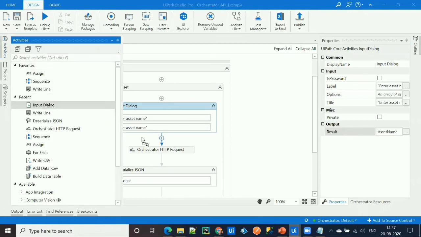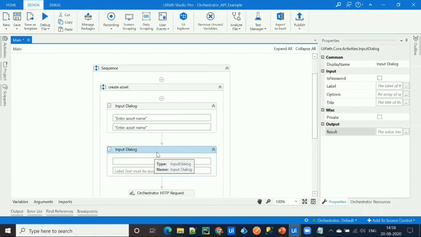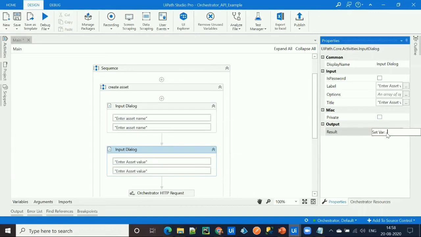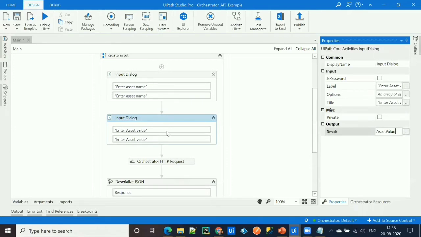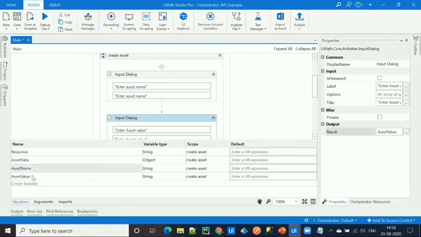I'll ask the user to enter the asset value, and I'll store the result entered by the user in the asset value data item. So now we have an asset name and asset value entered by the user inside the asset name and asset value data item.